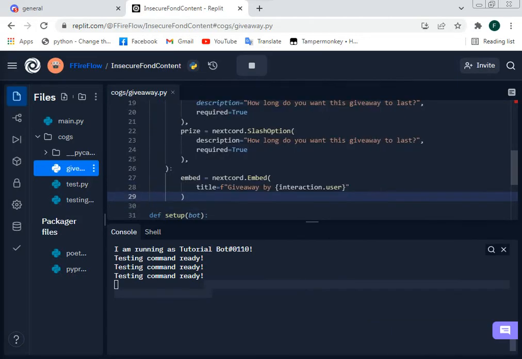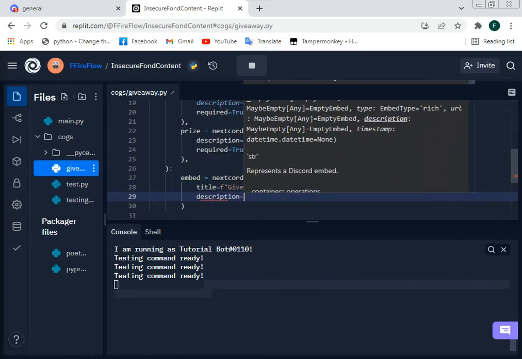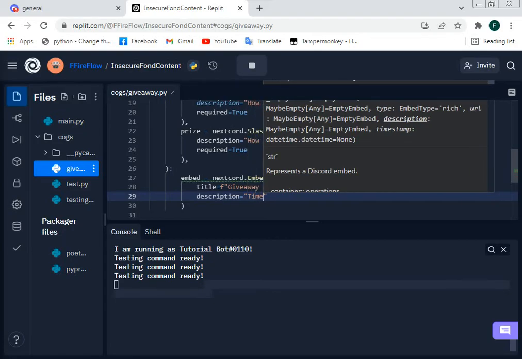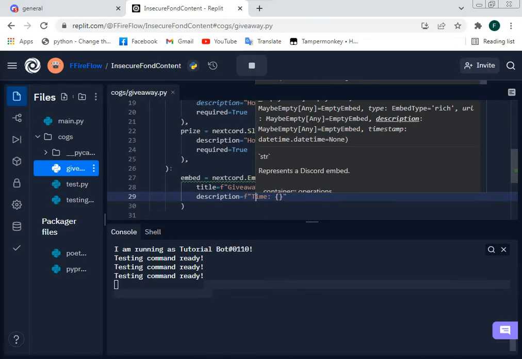We can't actually mention the user in the title, else it'll just come out like this, just the mention text and then the ID. It will not actually come out as mentioning the user. So now description equal time, we're gonna do colon, and we actually have to add